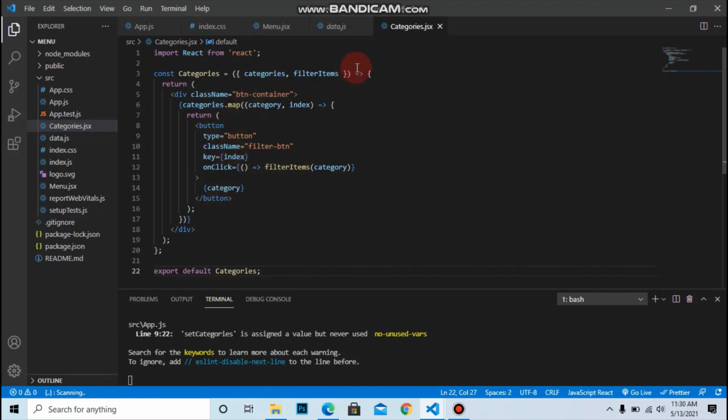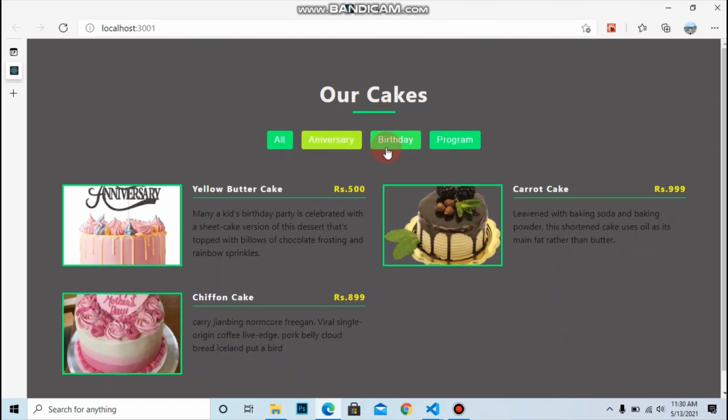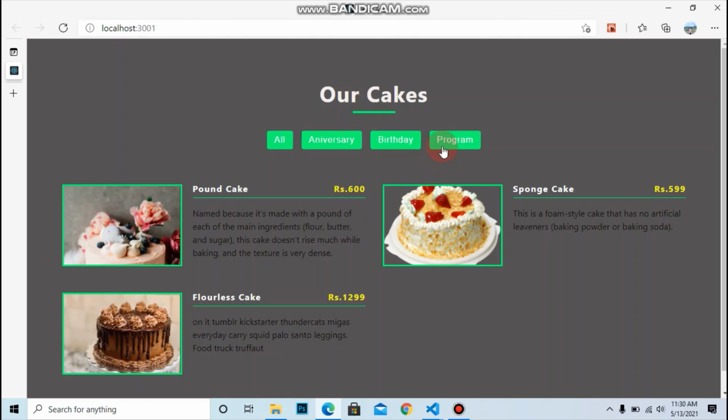Let's save it and go to the browser. So this is the app. Let's click on the buttons all, anniversary, birthday and program.